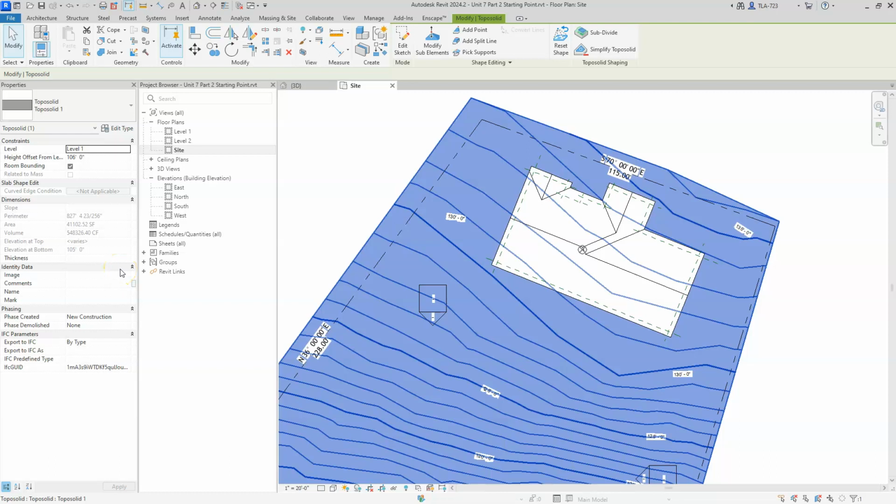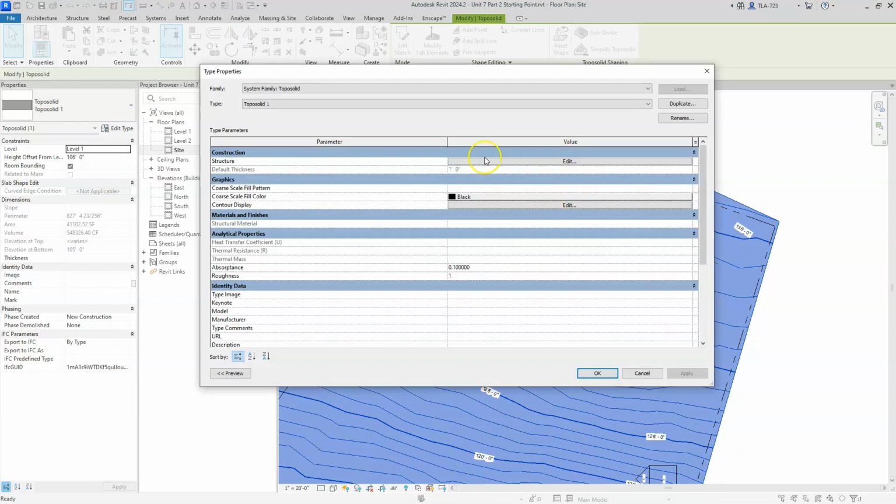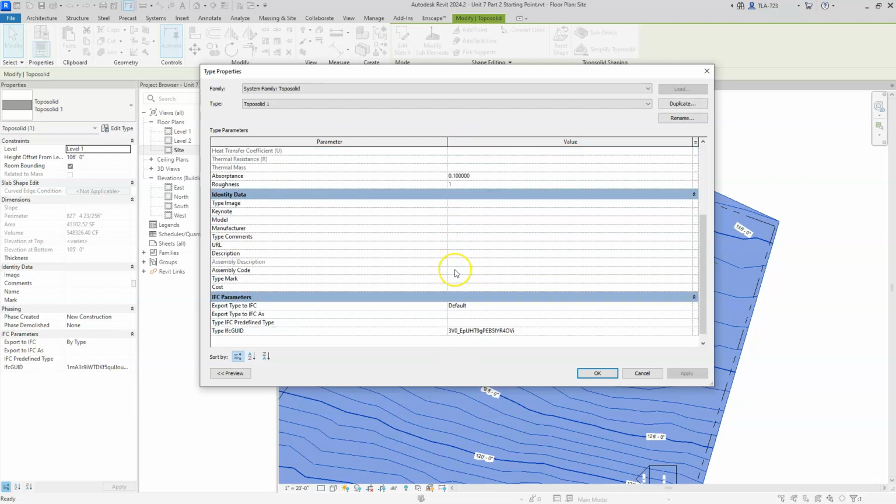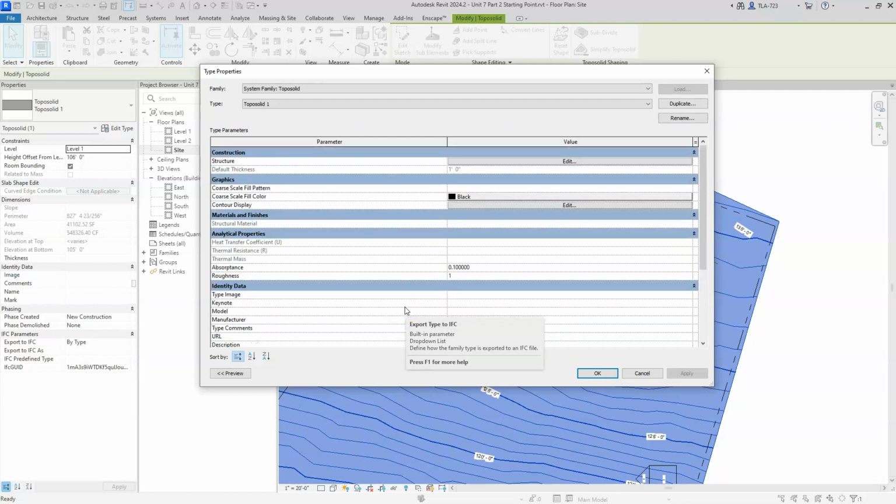But we know through our vast experience working with components and families in Revit that there's going to be some place that we can apply a material to it. So if it's not in the instance properties, you're probably good at guessing that it's going to be in the type properties. So let's go ahead and dig into that. And we look through these parameters, and look as long as you like, you're probably not going to find a material